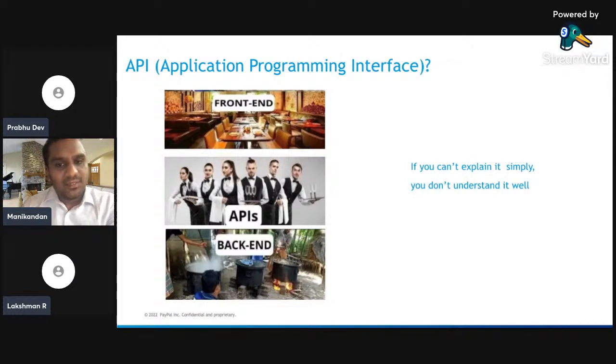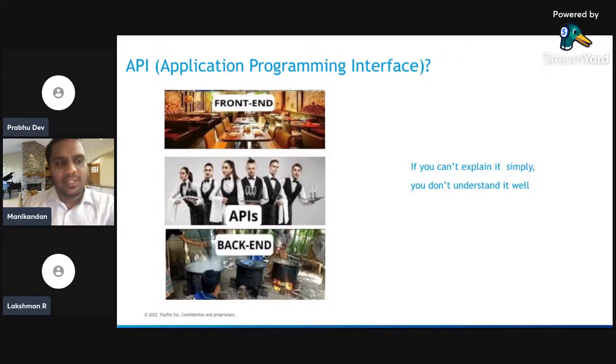That's where the waiter, or API, comes in. The waiter is the messenger, or the API. The waiter will take your request or order and tell the kitchen what to do. Based on the waiter's request, the kitchen will prepare your food, and then the waiter delivers the response back to you. In this case, the response is your food.